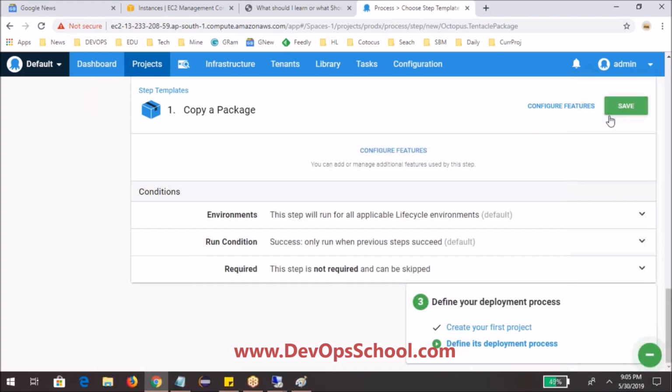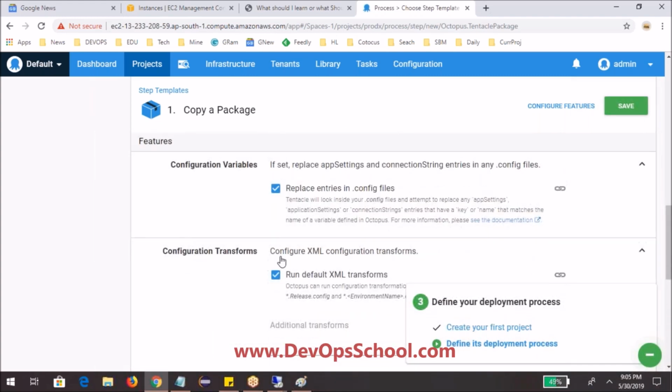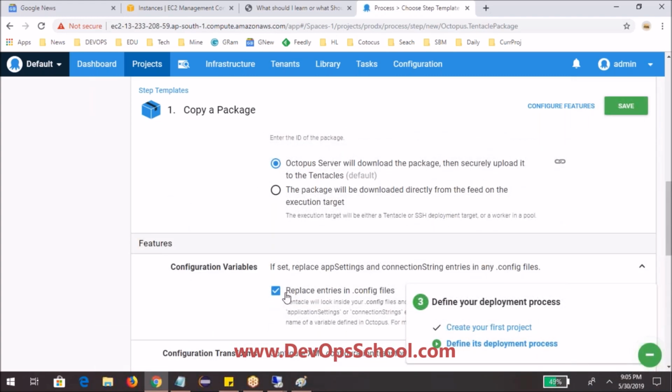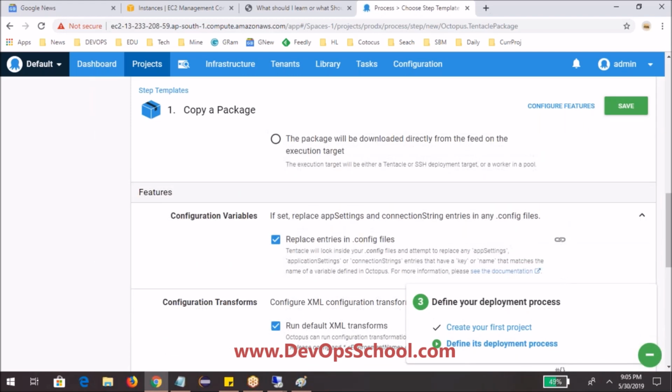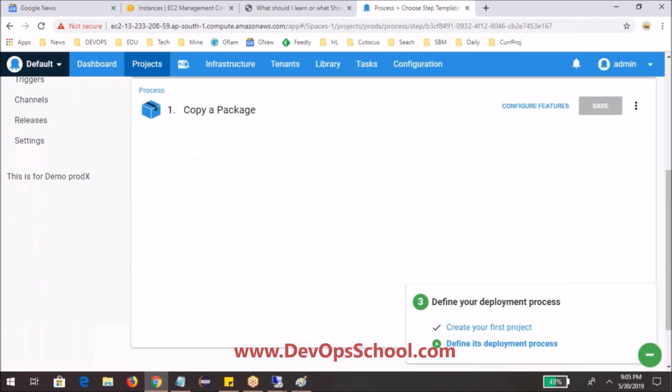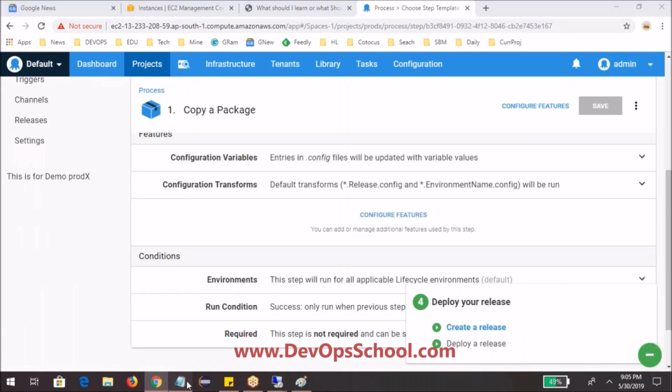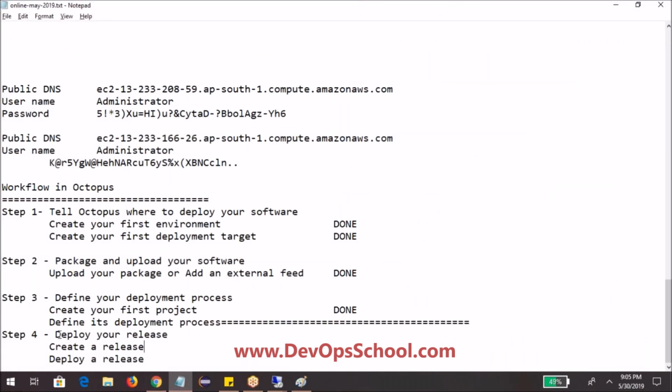But then the package it will take, Rajesh, excuse me. During the release process, packages, right? We have added two packages. During the release process, I'll show you. Okay. So save. So now this option is also completed. So here, this is also done. By the way, let me tell you, this is the real work where you have to spend a lot of